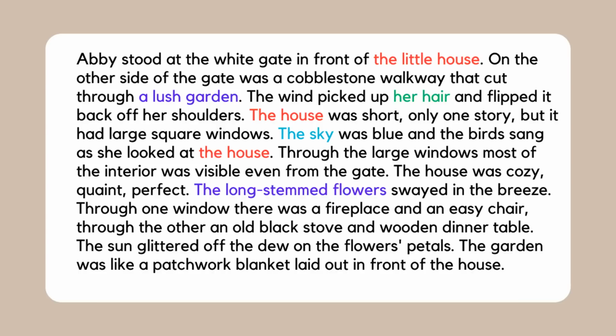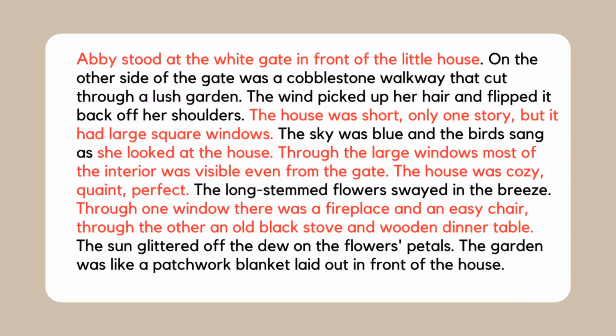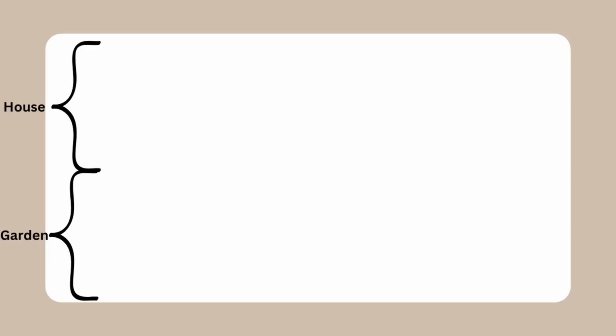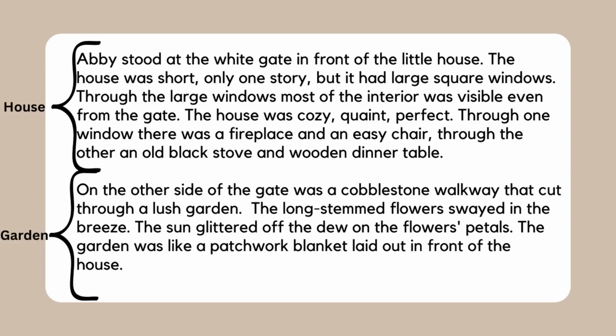We can improve the organization, comprehension, and flow of this passage by collecting descriptions of the same things together. There are 2 categories that feel pretty obvious, the house and the garden. These make up the bulk of the details in this paragraph. This gives us a simple organization method, 1 paragraph about the house and 1 paragraph about the garden. If all we do is take the sentences and separate them into those 2 categories, we end up with,